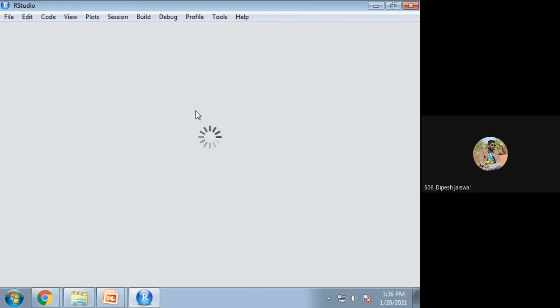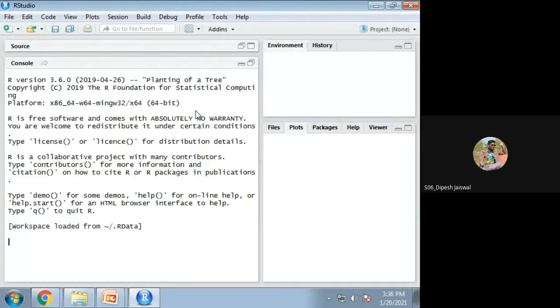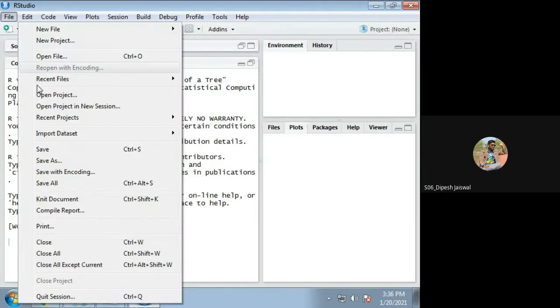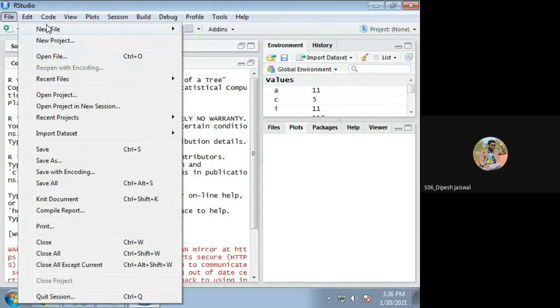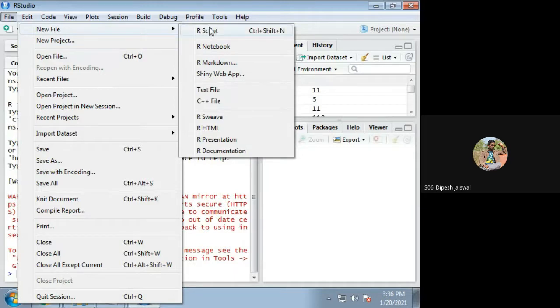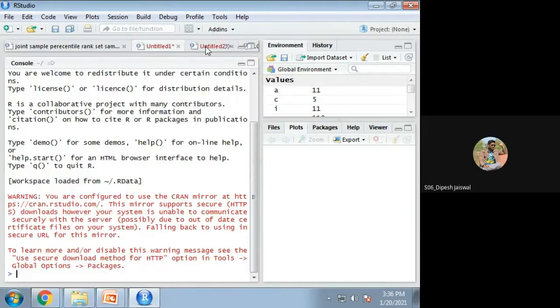So now we will not go for the congruential method to generate random numbers from a uniform distribution. We'll directly use the command. So just open the file. You can open a new script.